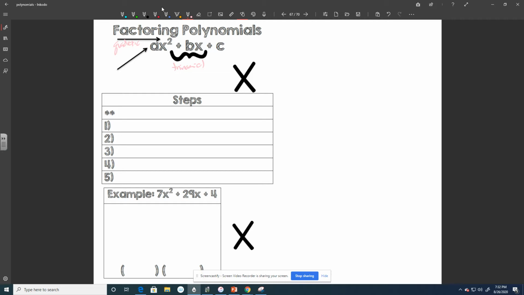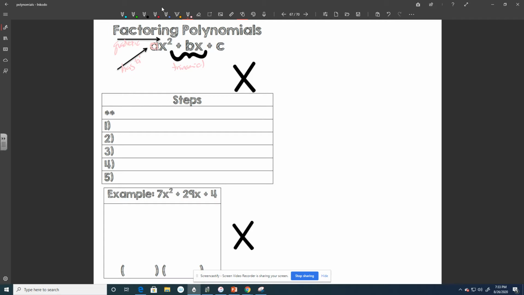But this time, we have an a right here. We've got a number in front of the x squared. So in this case, we're dealing with what happens when there's an a involved. And a lot of it's the same. There's a few extra steps at the end, but the bulk of the process is the same. We just do a couple little tricks at the end to fix this a being there. All right. So